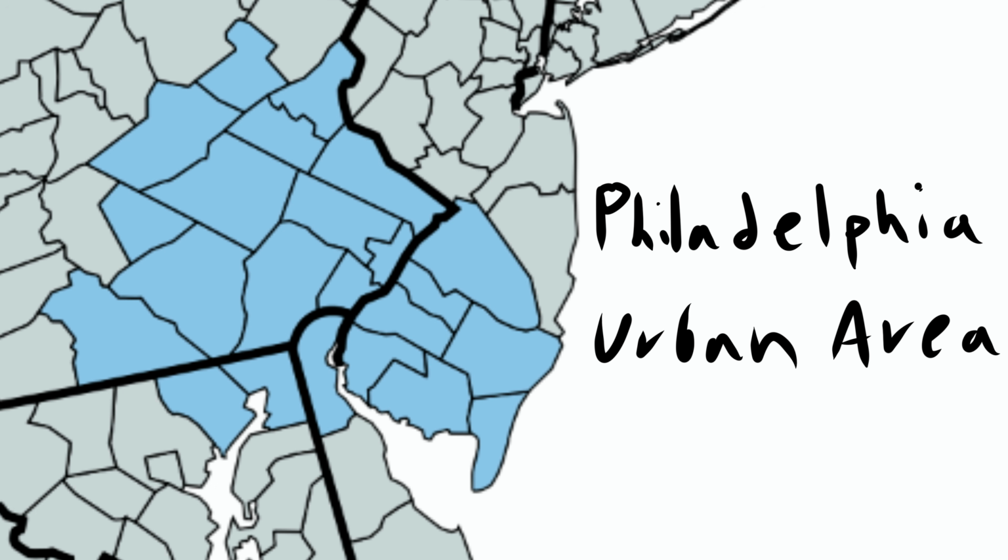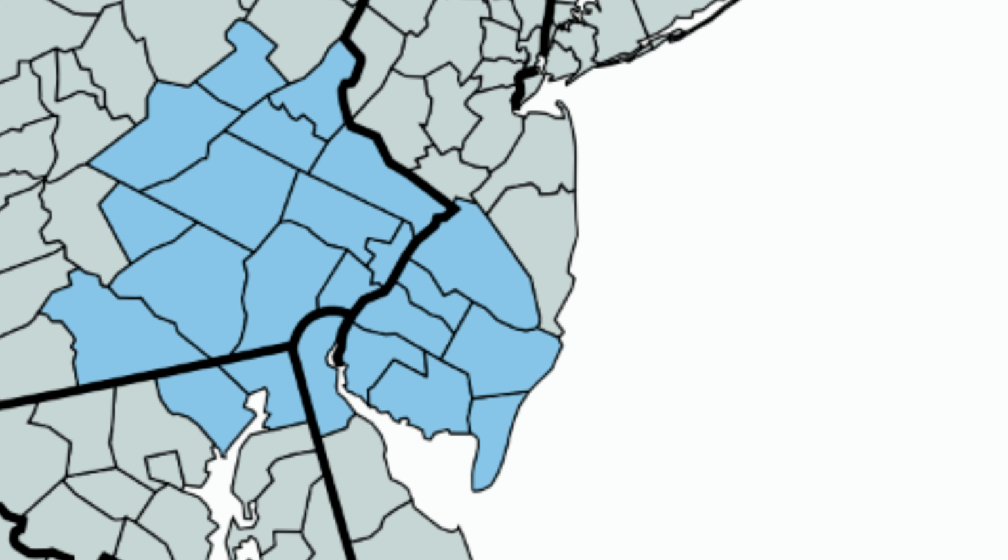The Philadelphia urban area is very similar to its East Coast partners of New York and Boston, being the 7th most populous urban area in the country, as well as being historically important. The subregion has a population of 9,520,000 and an area of 11,318 square miles, giving it a population density of 841. This is very high, but lower than New York, because the subregion contains a larger percentage of rural area.